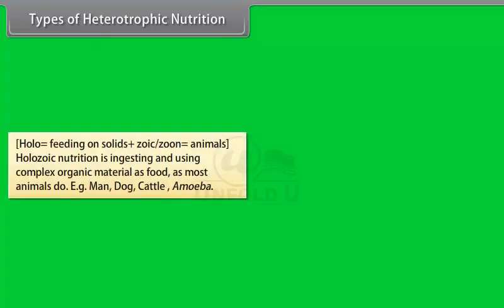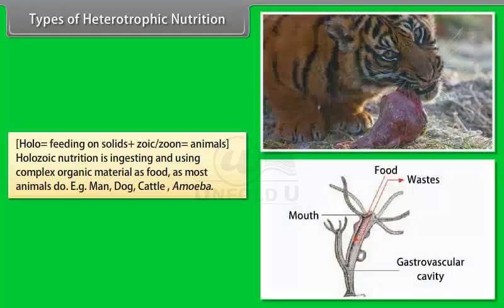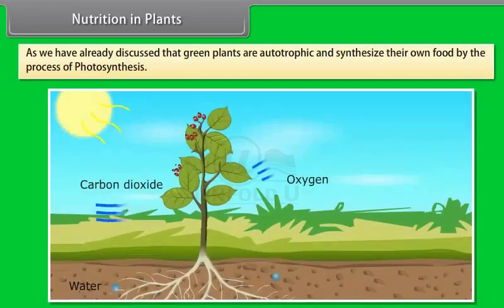Holo means feeding on solids, and zoic, zoon, means animals. Holozoic nutrition is ingesting and using complex organic material as food, as most animals do, that is man, dog, cattle, amoeba. Nutrition in plants. As we have already discussed, green plants are autotrophic and synthesize their own food by